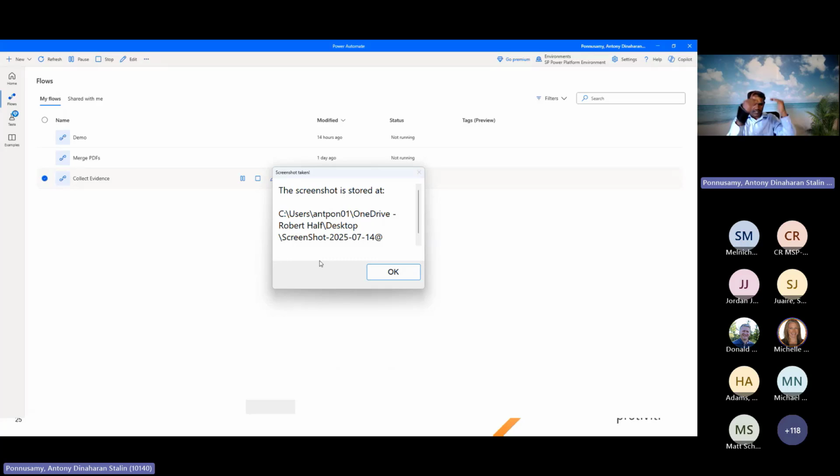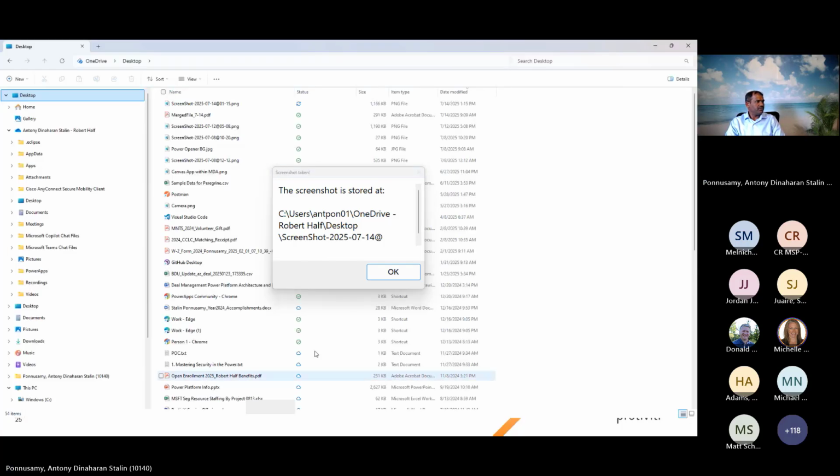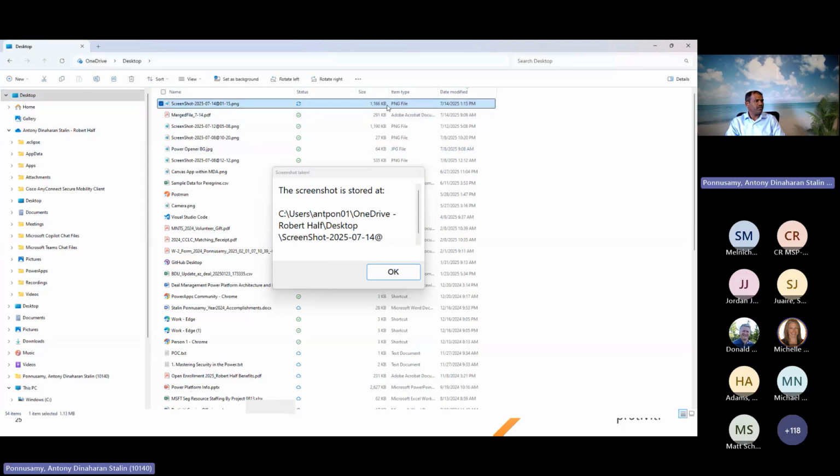It took a screenshot, or screen scraping, and then it saves. Just for demo purposes, I save it locally on my desktop. Let me open my desktop. It should be 1:15 now. Yes, it's 1:15. It was just saved. So if you open it here,